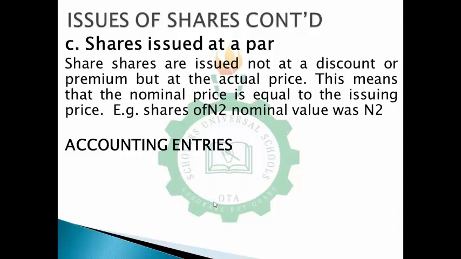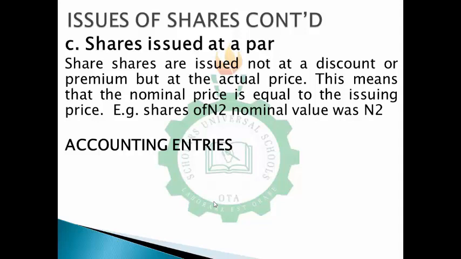For the first step, which is the issuing of the prospectus, of course you'll agree with me that there's no movement of money, because it's just like an advert. Something is happening, but money is not moving yet. So in that case, there is no accounting entry. But for the second part, which is application,